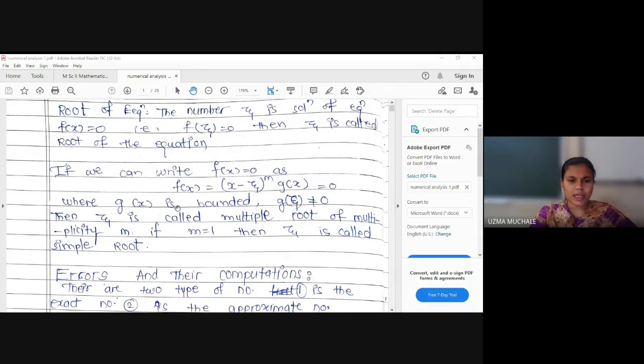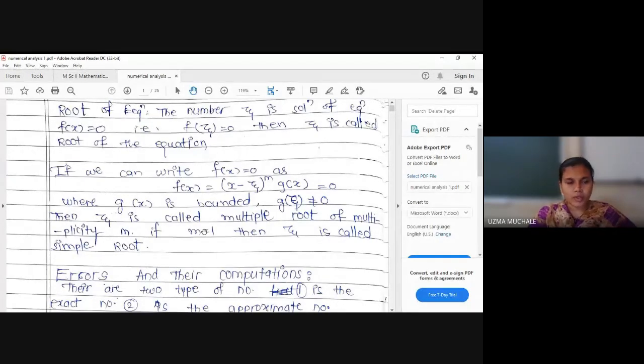Next, suppose instead of having a single root, we have multiple roots. I think you have studied this. Suppose the equation can be written in the form of (x minus zeta) raised to m into some other function g of x, with g of zeta not equal to 0. What do you mean by this condition? We are having repetition up to m times about a root zeta, and g of x on the condition g of zeta is non-zero. Then zeta is called a multiple root of our equation.